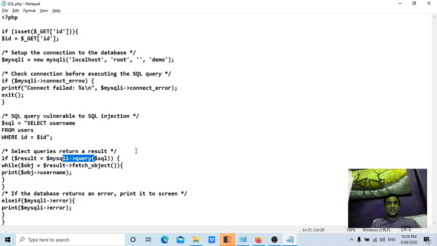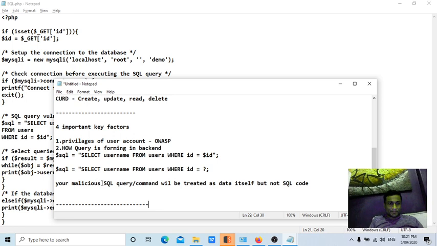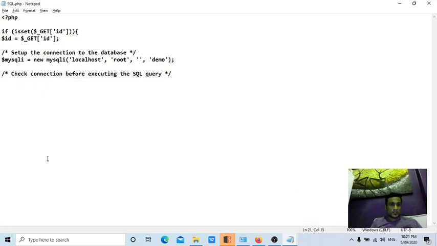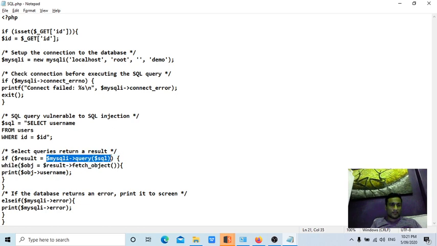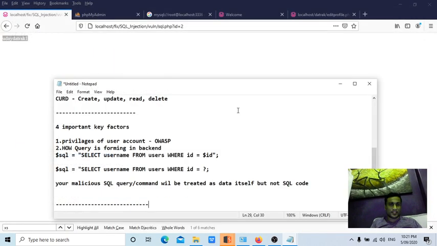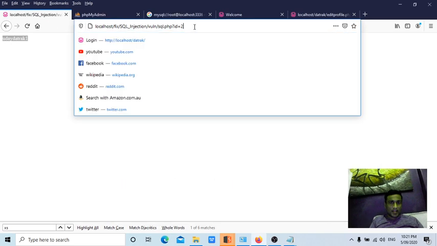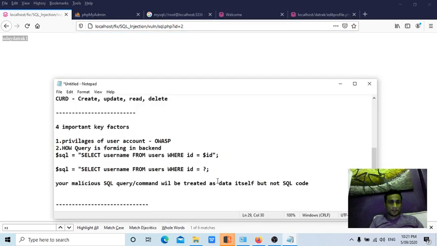That means even if the application is vulnerable to SQL injection, if you try to delete the records from the database using a semicolon followed by drop table name, that command will not be executed, because it supports only one statement at once. So these are the things, guys. Now let's try to check for SQL injection.